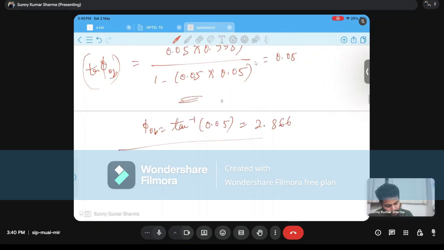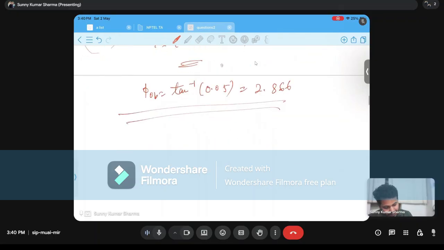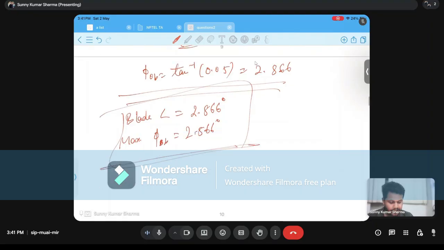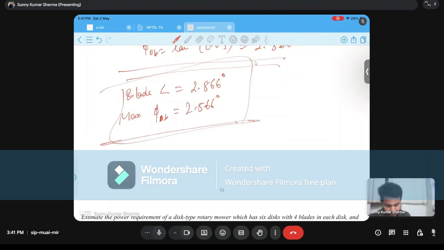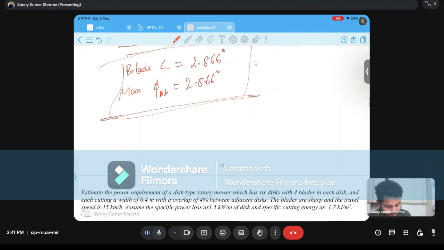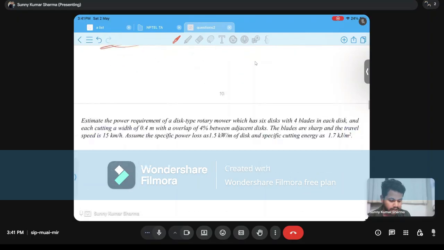So what is the blade angle at which the maximum oblique angle is happening? Blade angle is equal to 2.866 degree and the maximum oblique angle is equal to 2.866 degree. So the value of both angles is the same, and it is 2.866 degree. This question we had left earlier, and now we have solved it. Next is